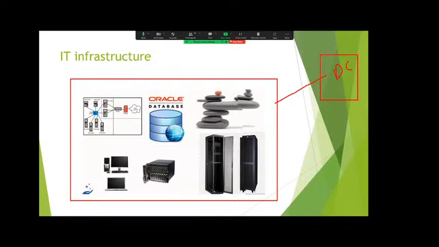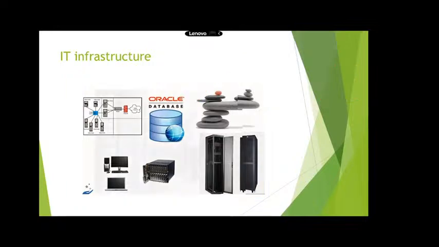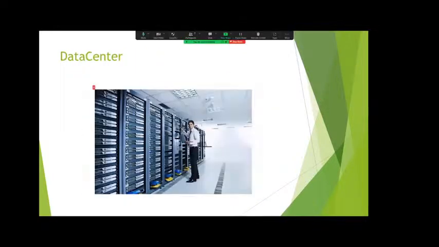For example, you have an organization and you got one project where you would like to build 5 servers. To build 5 servers, what do we have to do? We have to verify whether space is available in the data center. Once space is available, then we will rack the servers. Then we will start building all these 5 servers from scratch. So that is what a data center does. See, this is the exact picture of a data center.